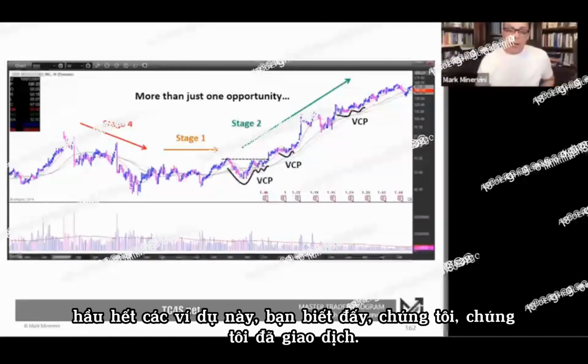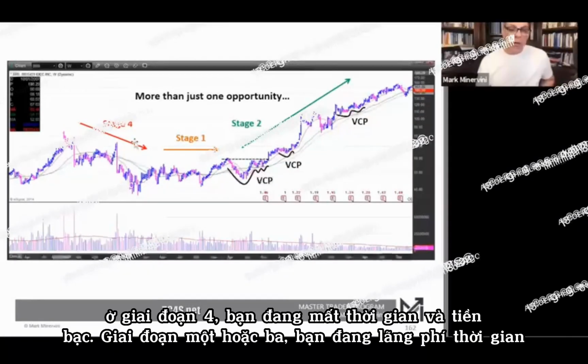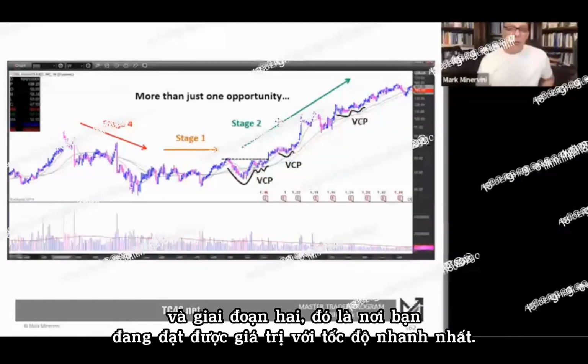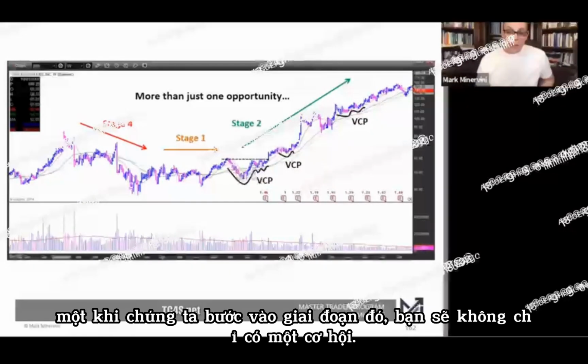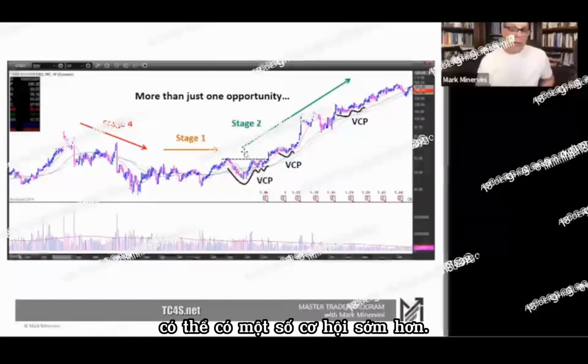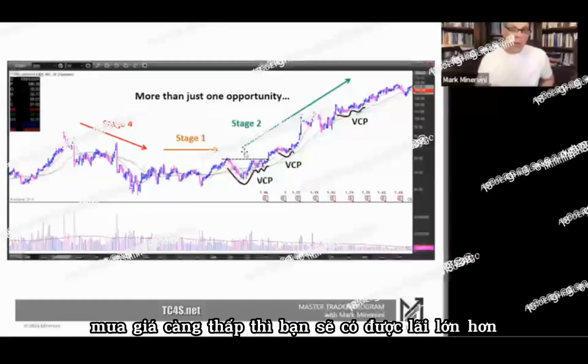So now, again, another thing, we'll just recap real quick. Remember, stage 4, you're losing time and money. Stage 1 or 3, you're losing time, and stage 2, that's where you're gaining value at the fastest pace. That's the only stage you want to be in. So now, once we get into that stage, you're not going to have just one opportunity. And there's some earlier opportunities. Obviously, the earlier to get on a big move, the lower you're getting the price,